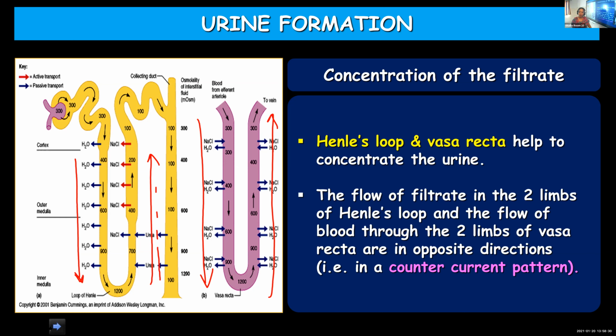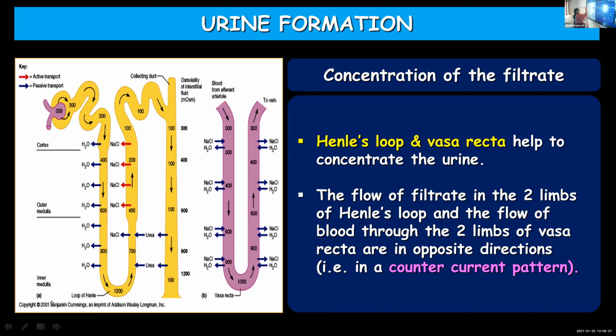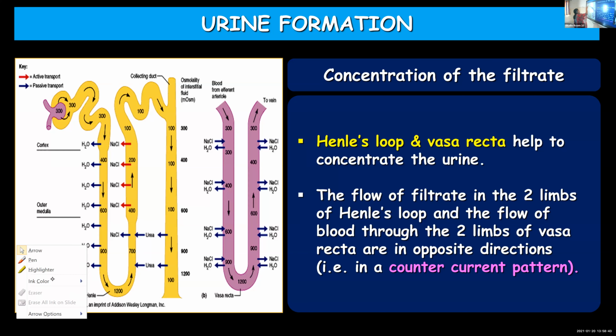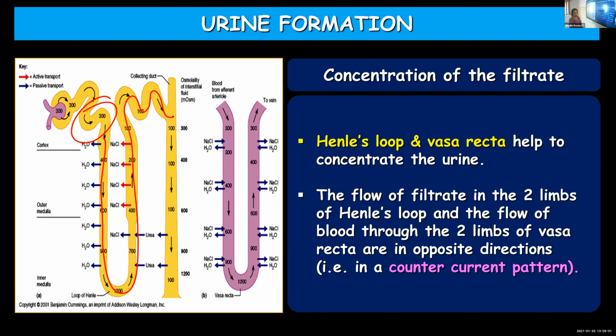Concentrating the urine here, I hope you have understood what is meant by that, because after filtration by the glomerulus, when the glomerular filtrate is reaching the proximal convoluted tubule, here the concentration of the glomerular filtrate will be more. So more amount is being released, but by the time it moves down and reaches the collecting duct, the urine becomes concentrated. Major share of water and salts will be reabsorbed into the body.